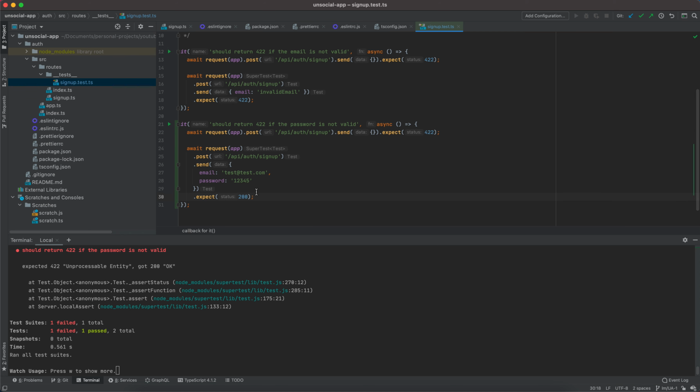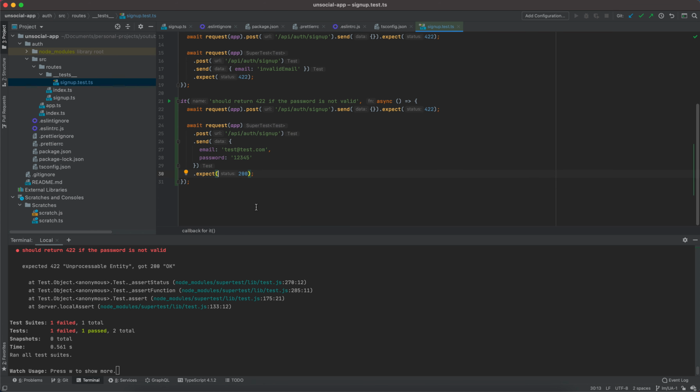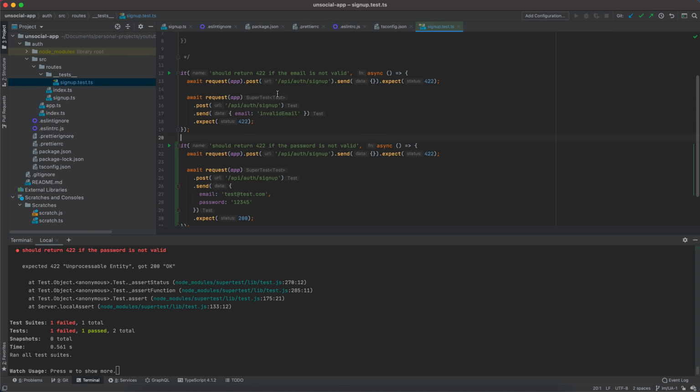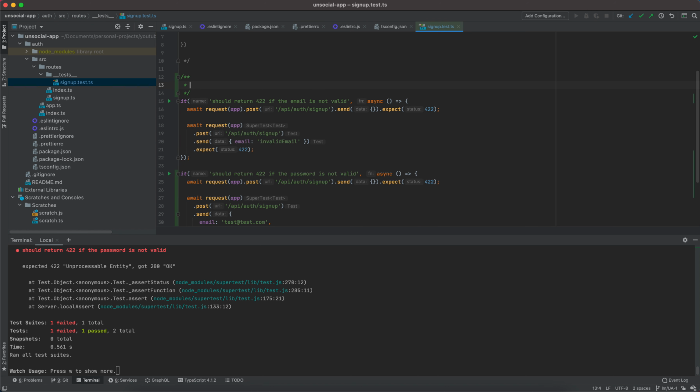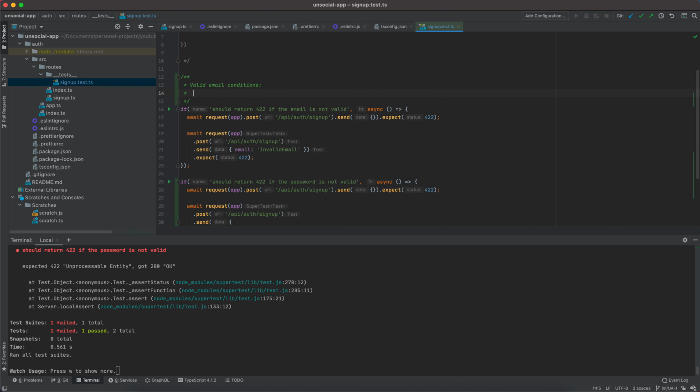Okay. So what is happening here? I'm sending a request to my sign up route, and I am including the email and the password, right? And this is a valid password. We didn't talk about what a valid password is, so let me write some documentation here. Valid, so checks the validity of email, and I will just write valid email conditions is nothing more than